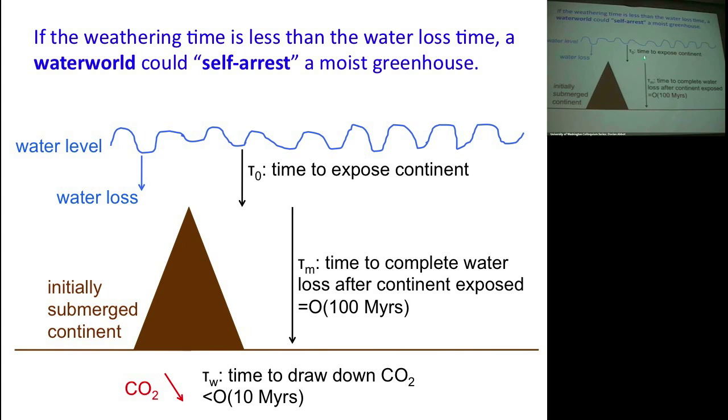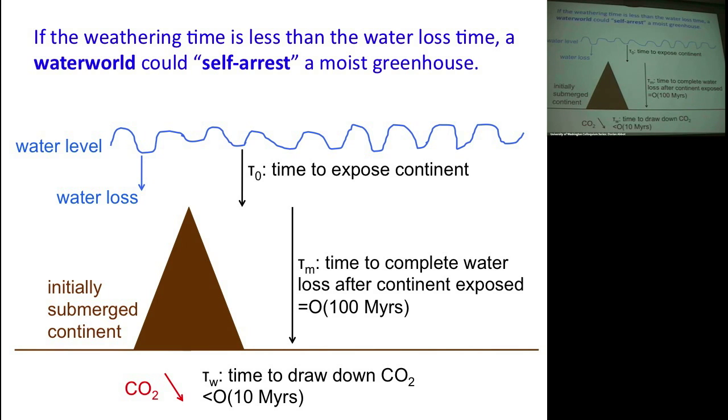So there's some T0, the time it takes to initially expose the continent. That's going to depend on how much water there is in the planet. And for some very moist water world planets, that T0 is going to be essentially infinitely large. It's going to be millions of years, and we don't care about it. But for a planet where that T0 is small enough and you eventually expose continent, there's the time scale for this water loss to occur. It depends on a lot of parameters. For example, it's going to probably be longer on a super Earth. But for a planet like Earth, 100 million years is a good time scale to keep in mind.